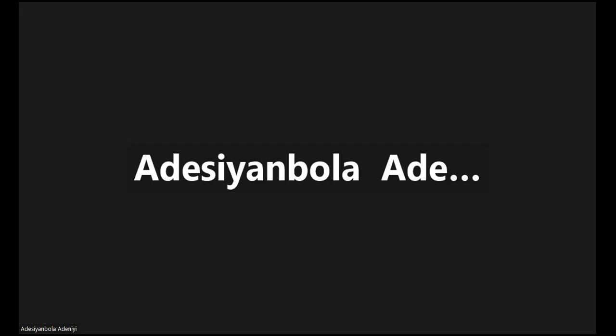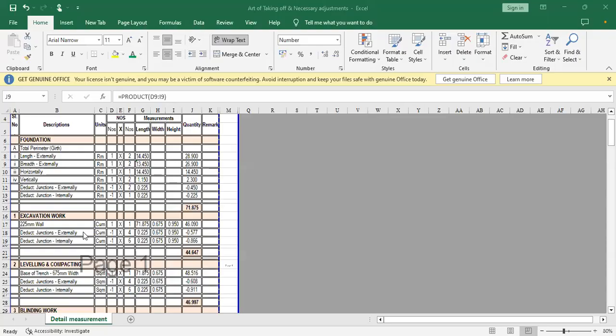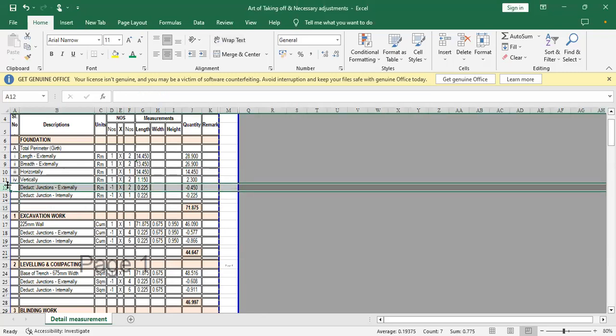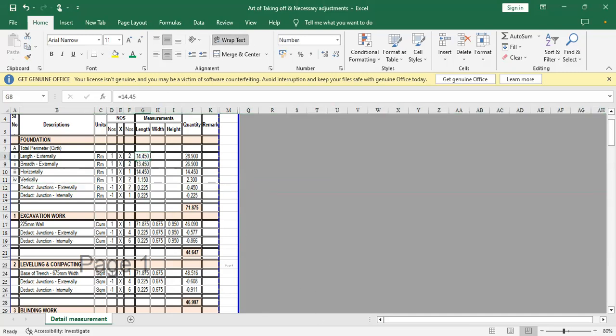So now the first form of adjustment is adjustment to remove excess for where center to center dimension is not taken. Now, when we take care of our length of 14.45, it means